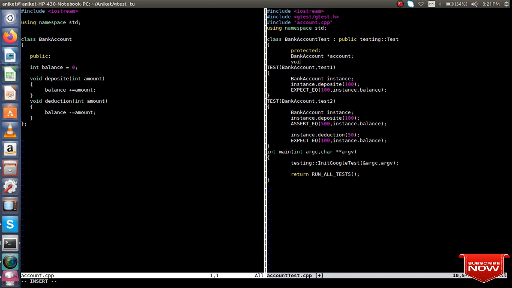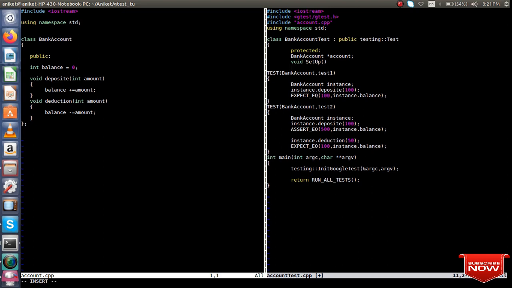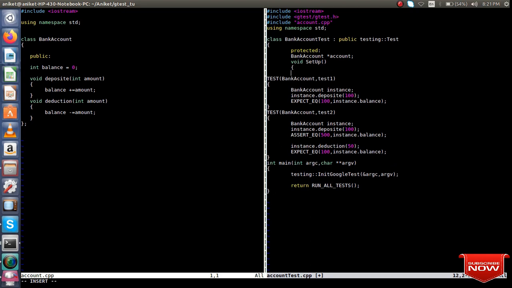Here we are using two functions of class Test, that is void SetUp. It's like a constructor and destructor. Make sure it is a capital U. SetUp will act as a constructor, which will initialize as soon as you are using this class. So I just want to create an instance. How can I create that?